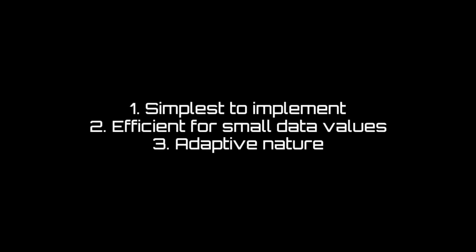So now 12 is in the sorted subarray. It will continue until it gets sorted completely. Finally, it's 7, 8, 12, 14, 15. Advantages: simplest to implement, efficient for small data values, having adaptive nature, that is, it is appropriate for data sets that are already partially sorted. Disadvantages: time complexity O of n squared, same as the previous two types, not suitable for big